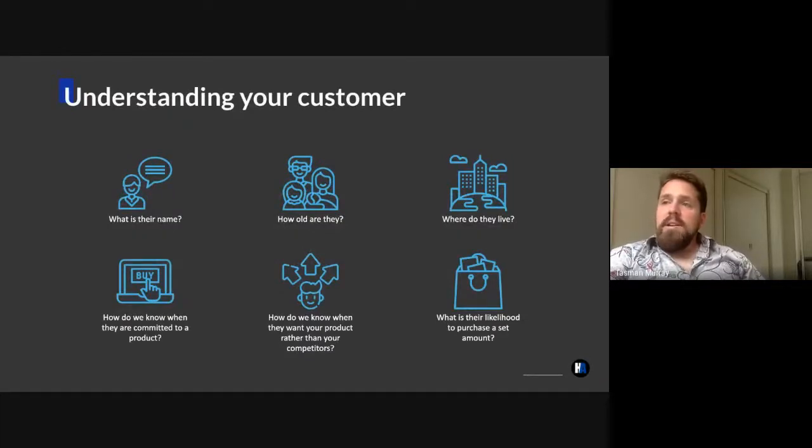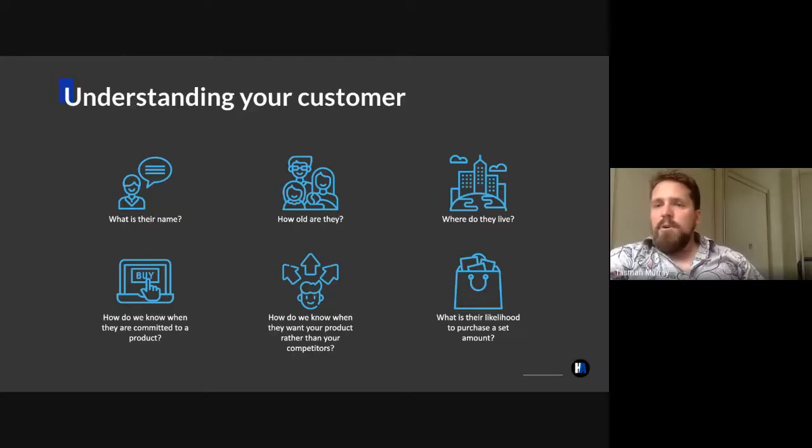So understanding your customer. Traditionally, some of the things we would ask customers that we felt were very valuable: what their name is, how old are they, where do they live. From a marketing perspective, these have always been really popular. From a media perspective as well. Their age allows them to break it down to demographics. So if they're trying to target a certain TV program, a certain publication, whatever the case is, it's made it a lot easier for them.